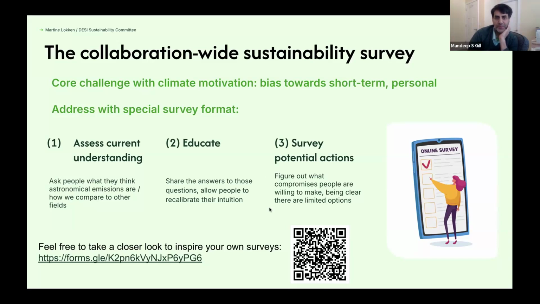Pretty interesting. I just went to this forum, and I'm quite interested in the report that came out. Maybe you'll get to that. But also, on the forum, number one, you gave away 10 DESI t-shirts to motivate people to fill it out, which is interesting. I've never seen that before. And two, you linked to a blog post. DESI has a sustainability blog, but I can't get to it. It's only for DESI members. So I'm wondering if you could make that public or push for that to be made public, because it would be very interesting to other collaborations.